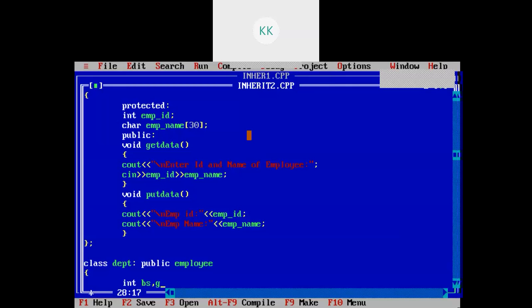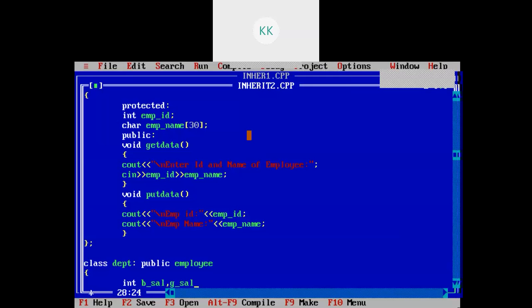You need to calculate gross salary as well. So I will write basic salary.